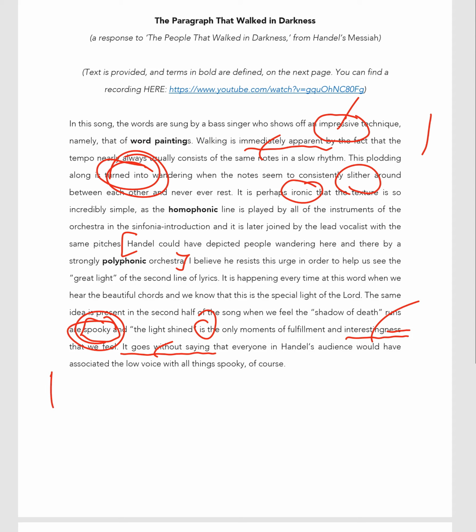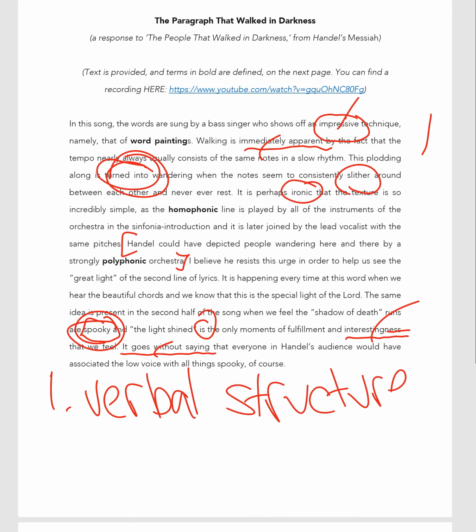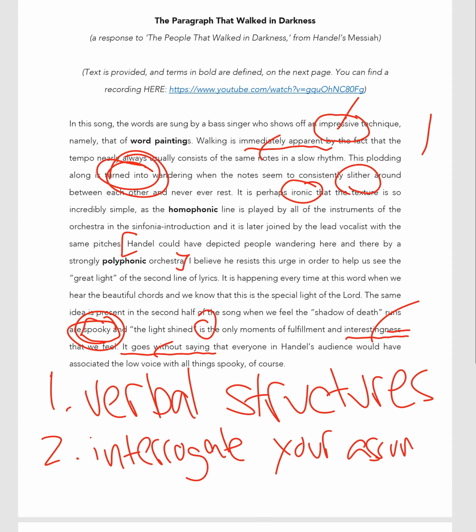So I guess if I were to summarize, I would say be very careful of your verbal structures, the mechanics of writing. There are also grammatical errors here that you definitely want to avoid. I'll say interrogate your assumptions. I'm running out of space here. Interrogate your assumptions. When you're tempted to say that something is obvious or to assume that everyone is with you,